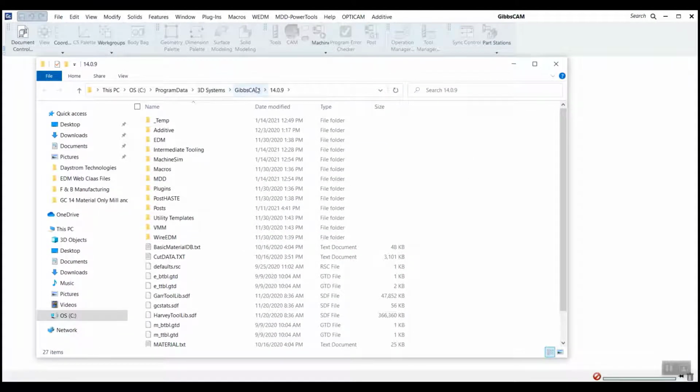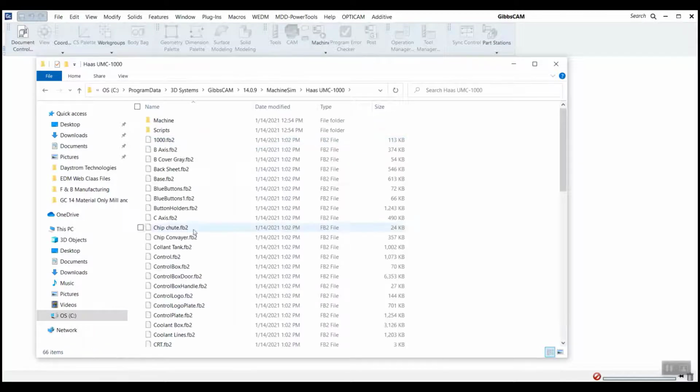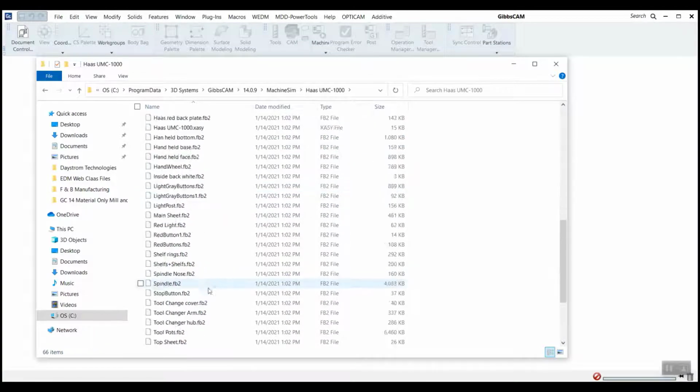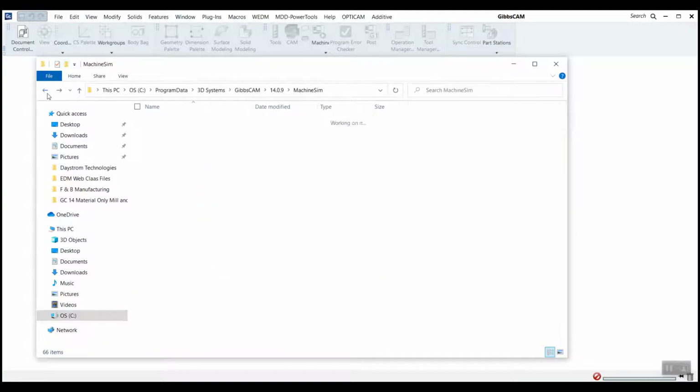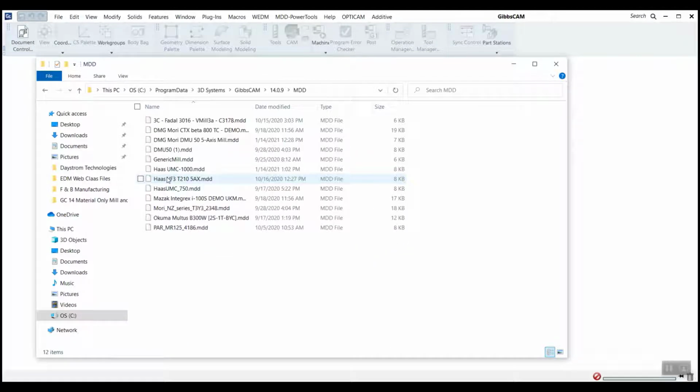So this is my GibbsCAM install directory. And if I go into my machine sim folder here, we can see that it has taken the Haas UMC 1000 folder and put it in here. And here's all the components that I was just talking about. In addition, it took some of the other things like the MDD, the machine definition document,